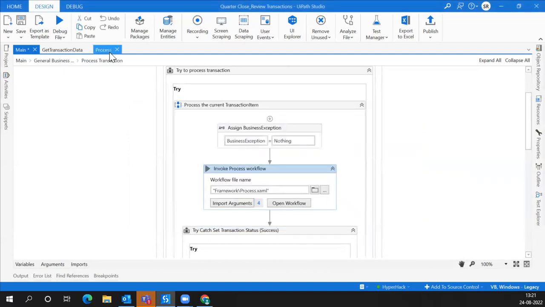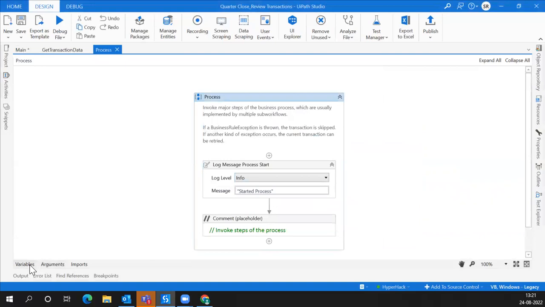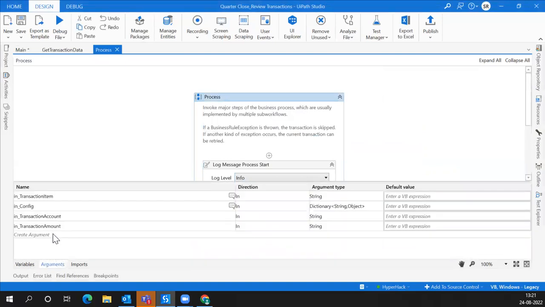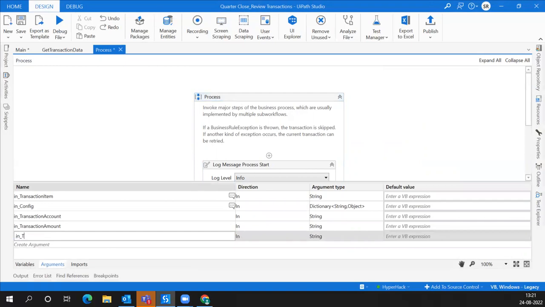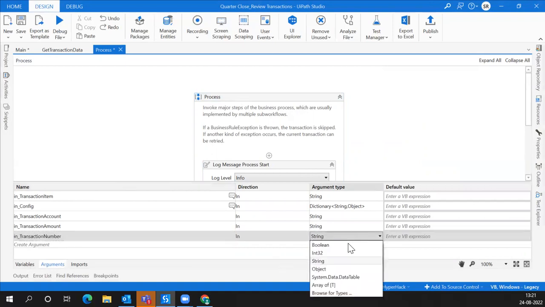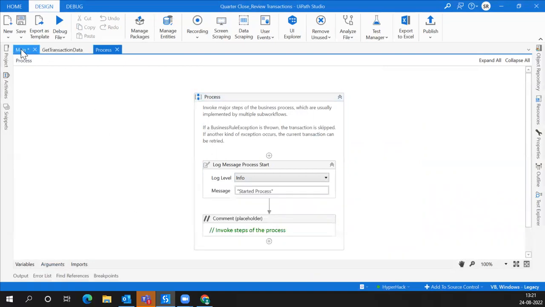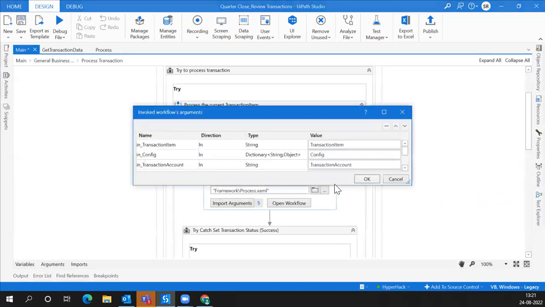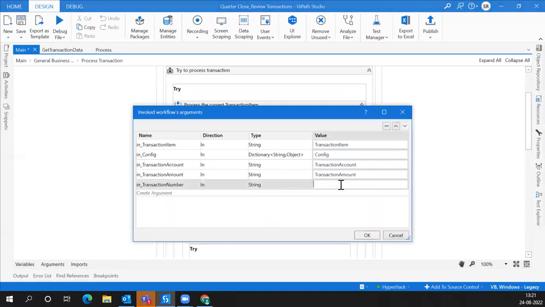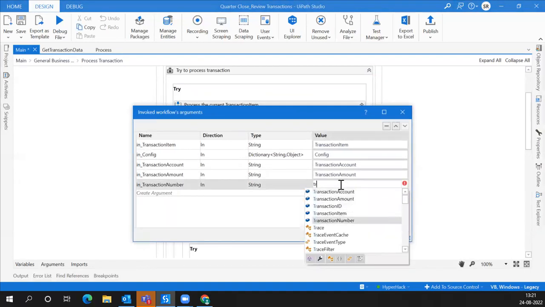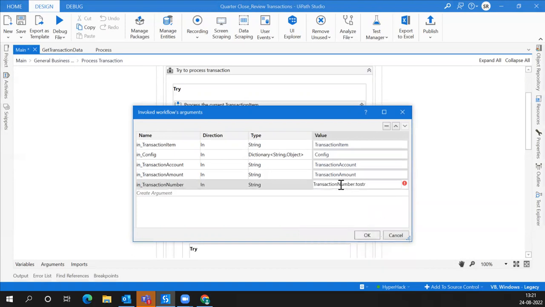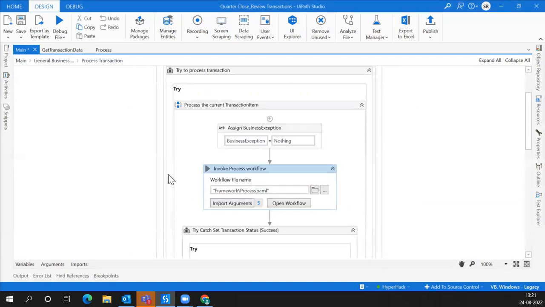But along with this, we need the transaction ID as well in order to put the data back into the scene. Sorry, transaction number. In underscore transaction number. And it is an integer. Let me pass it as a string only. I'll convert while passing it. If we just go here, we'll take the transaction number dot close to. So now what it will do is it will help us to identify to which field the data needs to